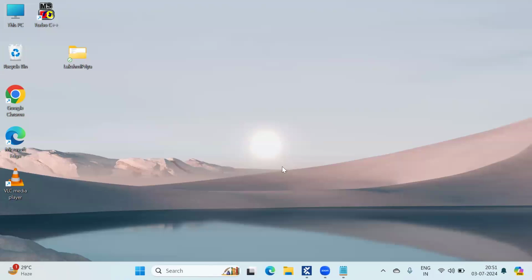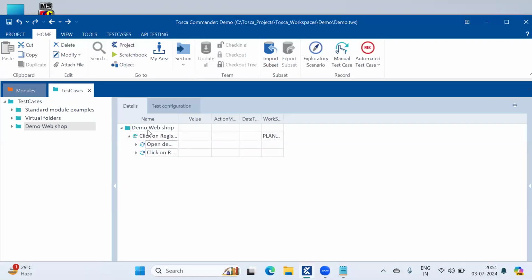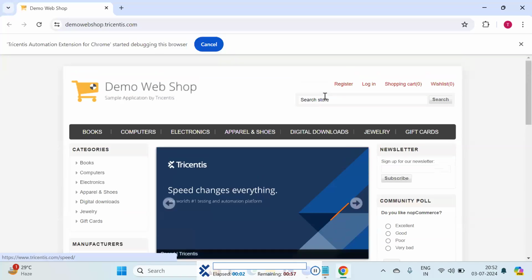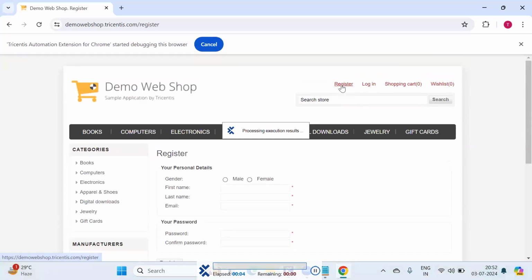Okay. Are you clear now? Now I am asking it to open this demo web shop URL and go and click on this register button. See, it is opening the demo web shop URL and it clicked on the register button.